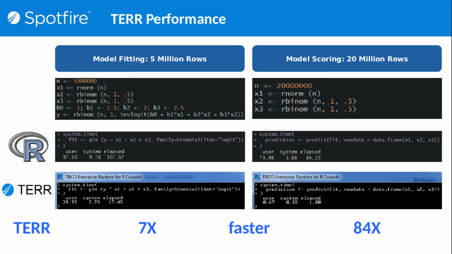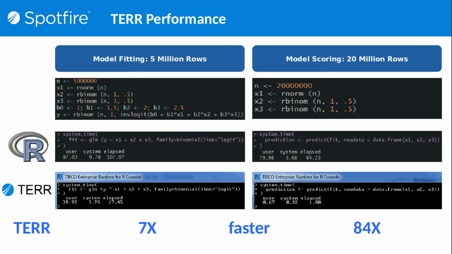And we can see that R takes 107 seconds, whilst TERR took 17 seconds on the same code on the same data. Now, when we're doing model scoring, it can be even faster. So R is taking 84 seconds, and TERR is taking 1. So we're talking of an increase in performance of 7 to 84 times larger for this specific use case and example,